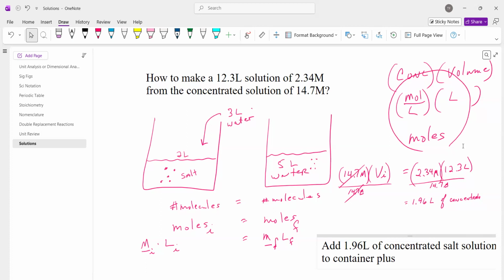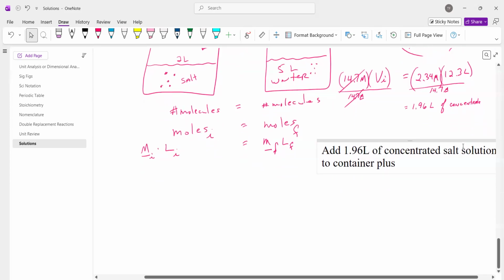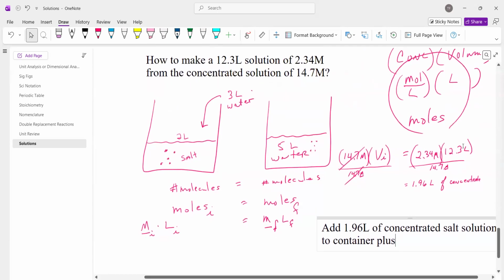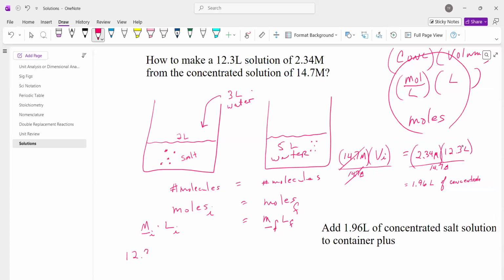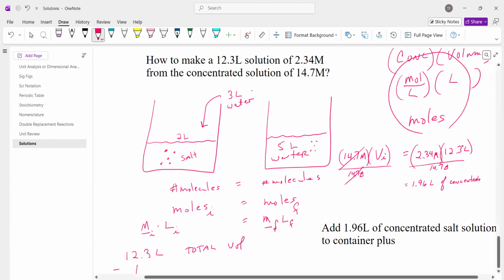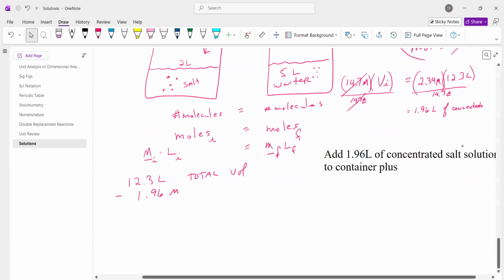So we're going to take the total volume minus the 1.96 of the concentrate. And we're going to be at